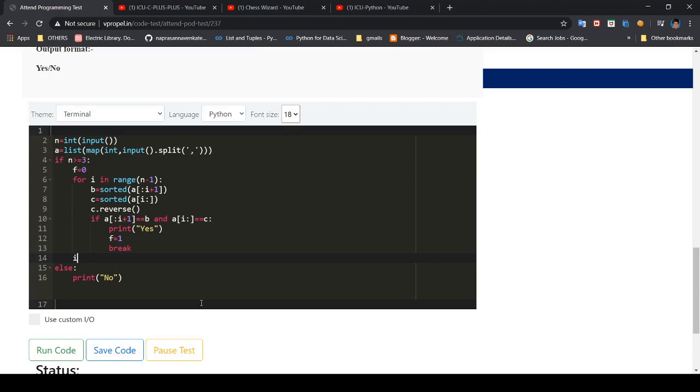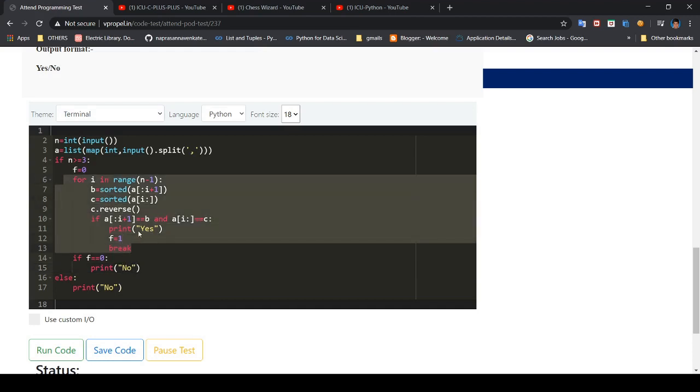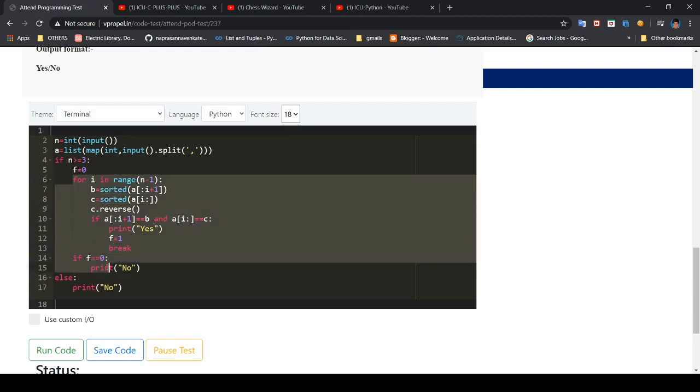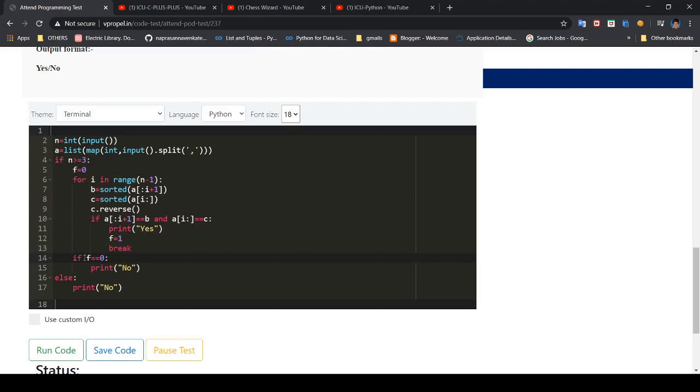If f equals 0, we print no. If a case passes like this, it prints yes, turns f equal to 1 and breaks out of the for loop. And if f is not equal to 1, it means such a case does not exist. If n is greater than 3 and such an I is not found, then it prints no.